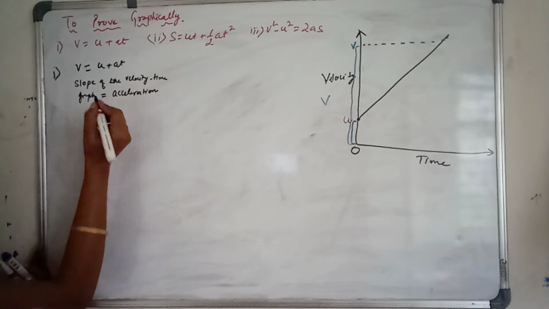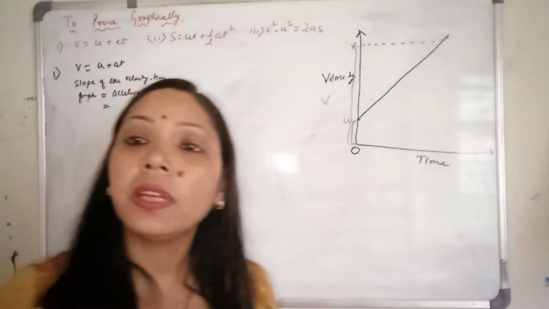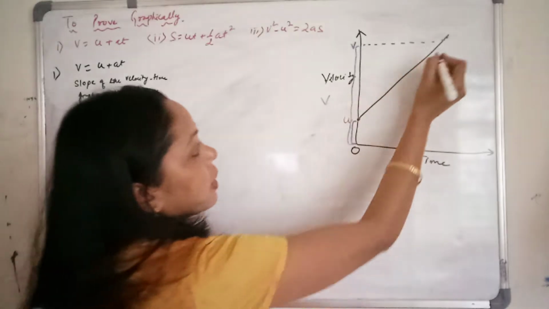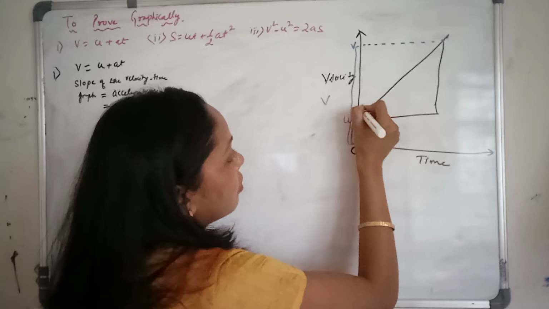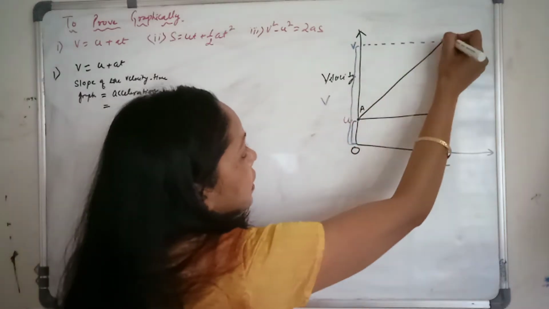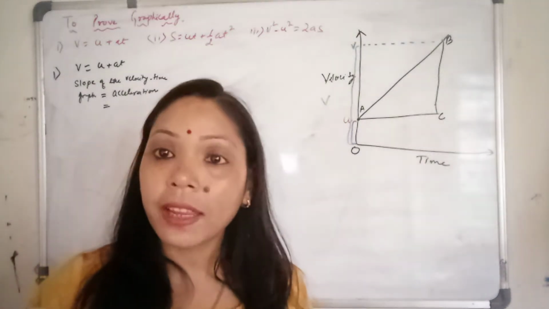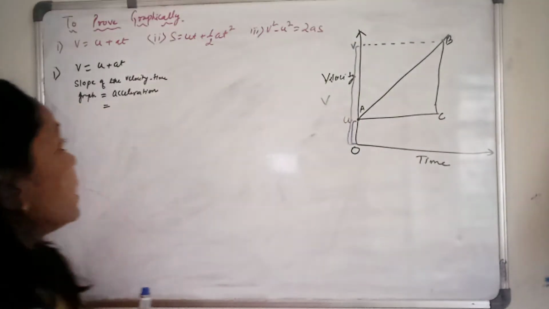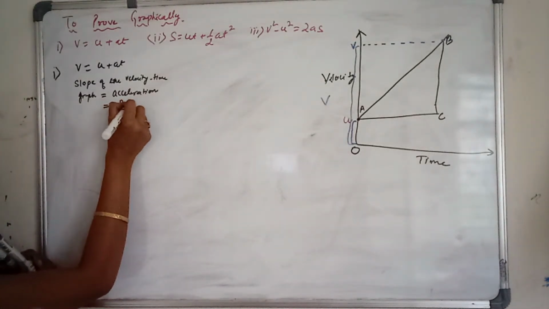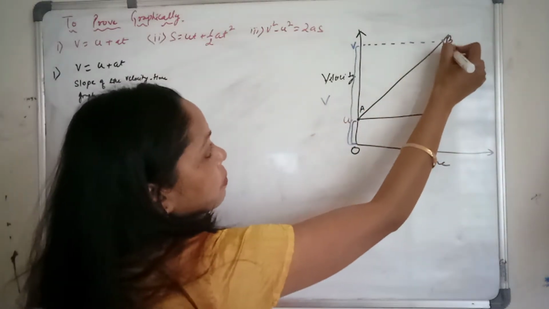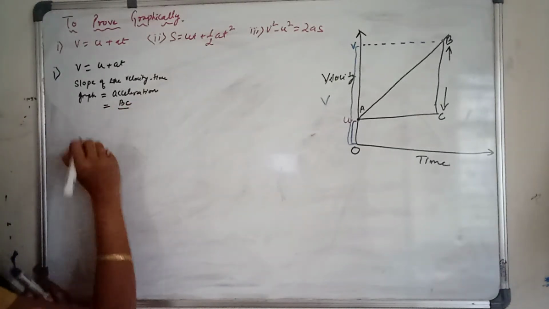Now what is this one? Y-axis by x-axis. So for slope, what do you need? You need a triangle. So complete this triangle. Yes. Now give the names here, A, B, C. It is a right angle triangle. So Y means perpendicular, X means base. So what is the perpendicular here? Perpendicular is your BC. This portion is your Y. So this is your perpendicular BC.